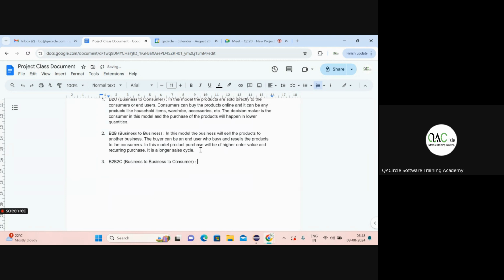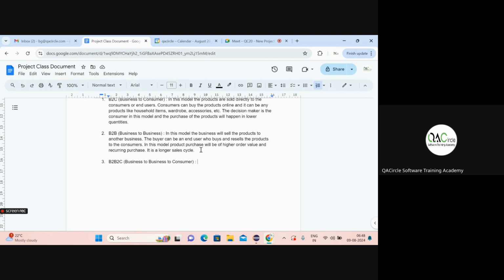So in this model, one business will purchase the products from another business, or one company will purchase the products from another company. And it would be a kind of partnership with another company. But what will happen here is